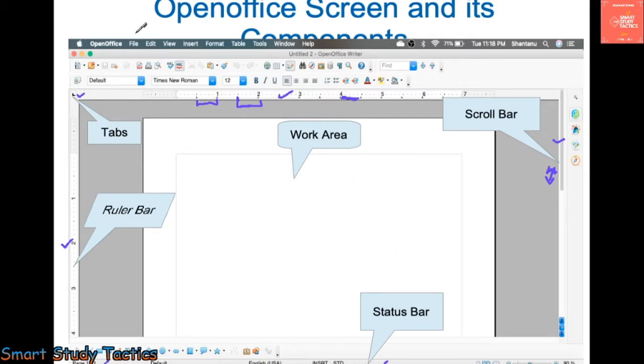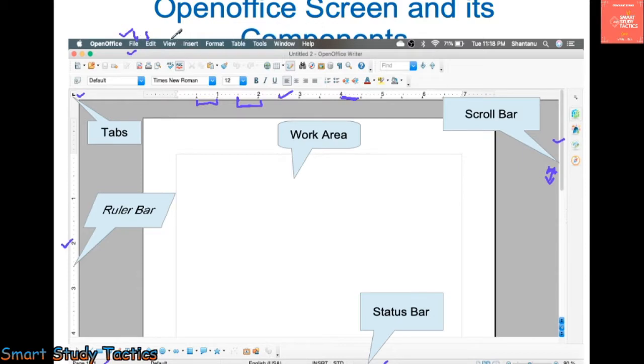As you can see, some tabs are also there. These are the menus which we are going to learn. I will create a separate video for the File tab, next I will create one for the Edit tab, next for the View tab. But make sure I will create videos only for those submenus which are important, which are given in your IT book. So please make sure I will create the video on those particular topics.